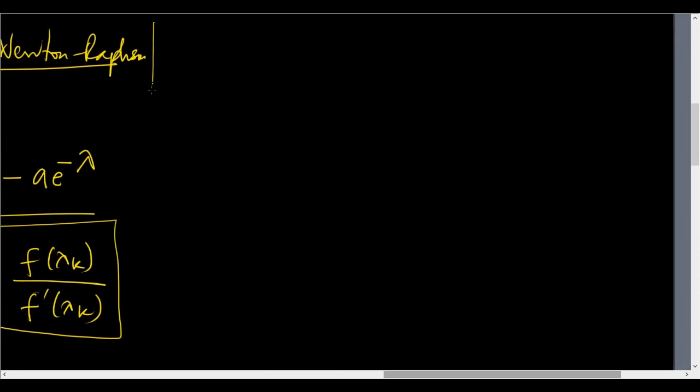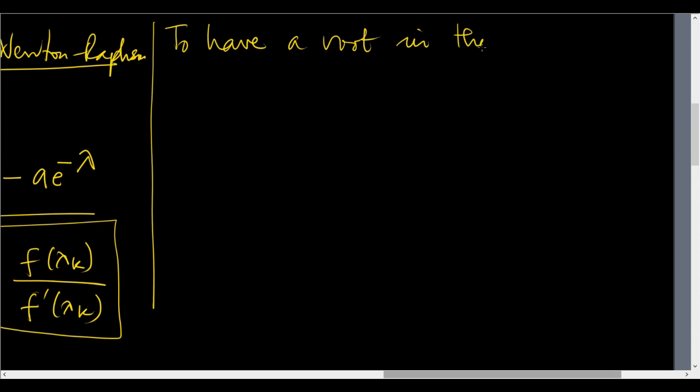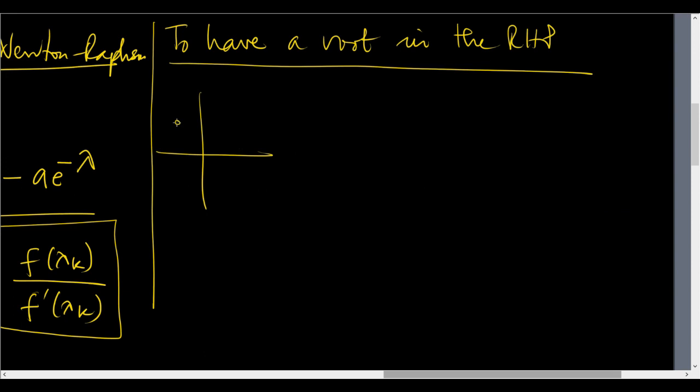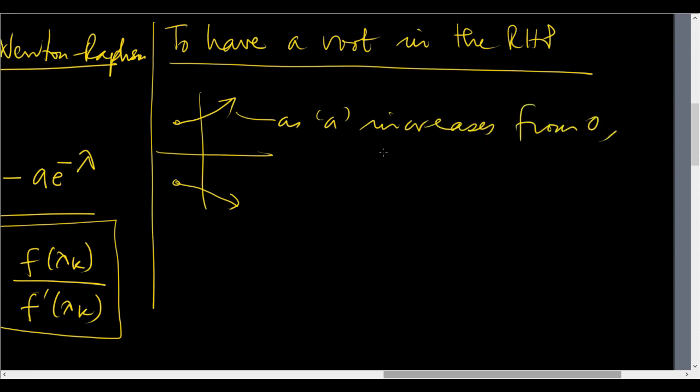So to have a root in the right half plane, the root must cross. So here is some root which goes over. This is as a changes, right? So as a increases from 0, maybe